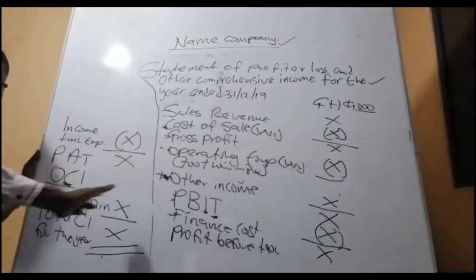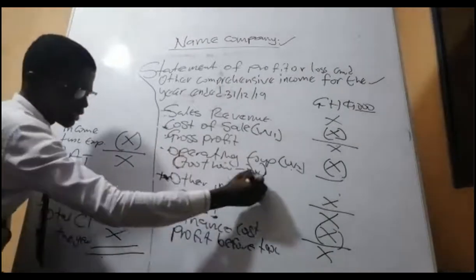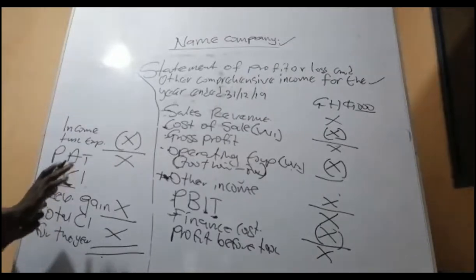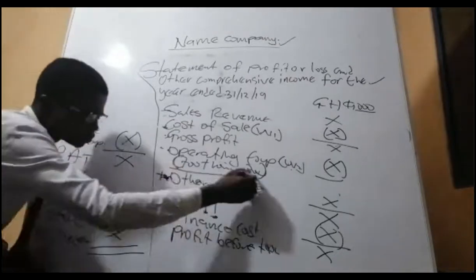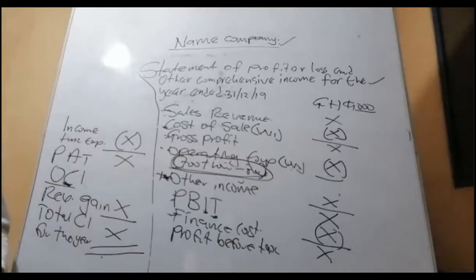Each and every item must be shown line by line. If there's any figure that you cannot do the workings for on the face, then go to the next page, do the workings, and put the final answer in, referring the examiner. You are done. In fact, this in reality is not even allowed, but for examination purposes it is allowed because of the time factor. Good. So now let's look at the statement of financial position, and from there we will start with our first question. And then we'll be fine.